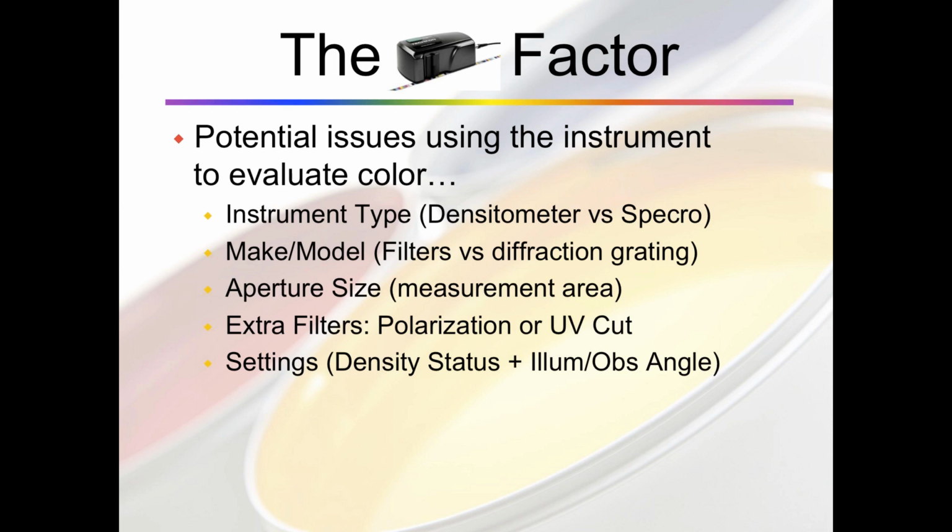Illuminant and observer angle, this is the control inside the instrument for what type of light it's going to compare against the reflectance back into the instrument. Observer angle is the same. You can either have a 2 or 10 degree setting to correlate with the way the original spectrophotometer is measured, or closer to the way the human eye sees color. But again, these are more settings that we want to make sure we have standardized and set appropriately across all of our instruments.